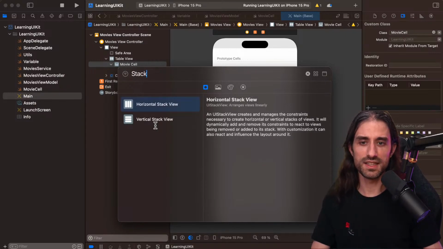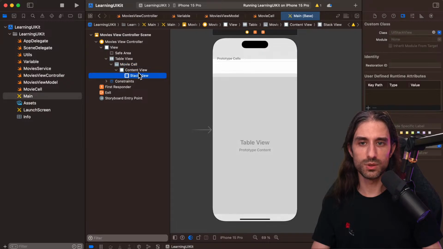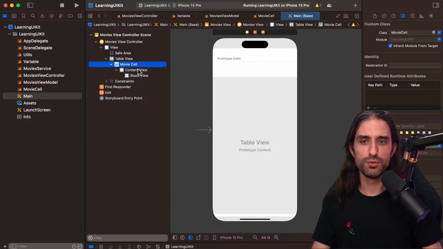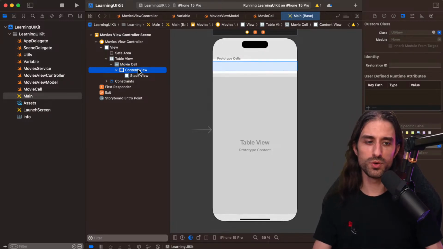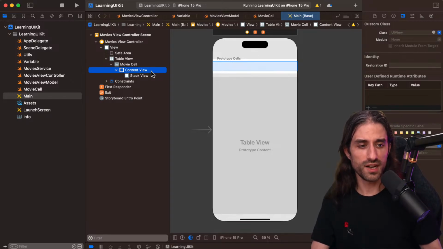So I'm taking a vertical stack view and I'm going to add it inside the content view of the movie cell. The movie cell has this thing called a content view, which is the view inside which you're supposed to put your content. I won't go into detail of why you have the content view. You can find the details if you look at the documentation for UITableViewCell, but the idea is that a table view cell can have many different states depending on whether it's highlighted, selected, this kind of thing.